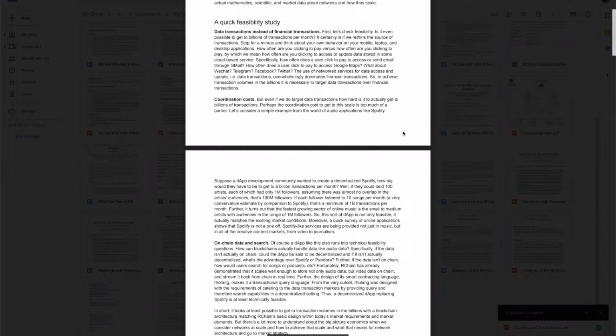So you can run the math. You don't have to believe me. You can check it out and just look at your own behavior. Data completely, overwhelmingly dominates financial transactions. So if you want to get to billions of transactions per month, you need to look at data as the source of your transactions. Okay, but now there's a second